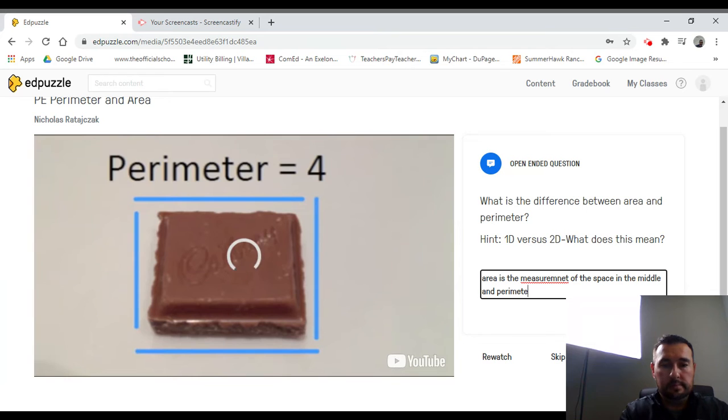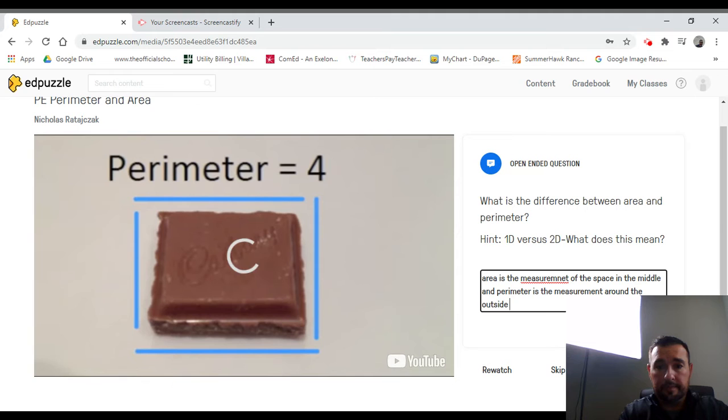Perimeter is the measurement around the outside. Okay. So you need to explain to the students that on an open-ended question, they have to type in